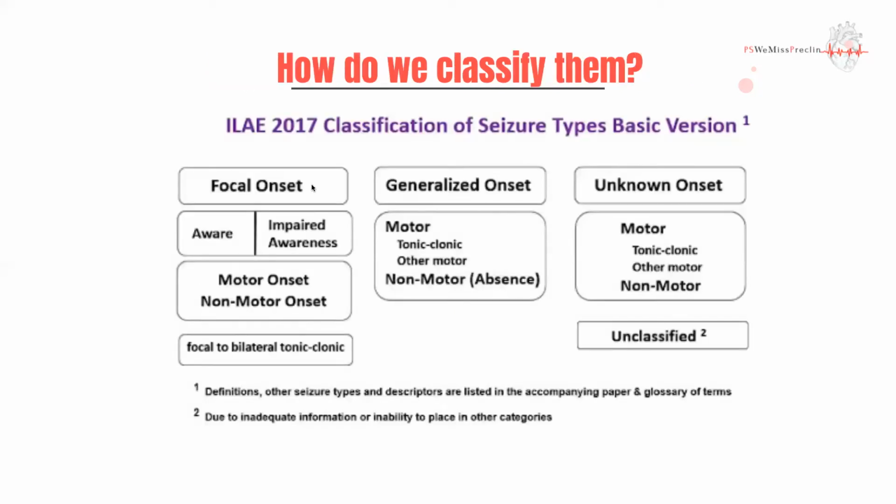So how do we classify seizures? We had a classification system earlier. Now it's slightly different. So you might come across two conflicting systems, and I'll talk about what the differences were. So you broadly have a focal onset, or what was called a partial seizure earlier. Now it's a focal onset seizure. You then have generalized onset seizures, and then you have unknowns. We won't really talk about the unknowns because they're not really relevant to us.